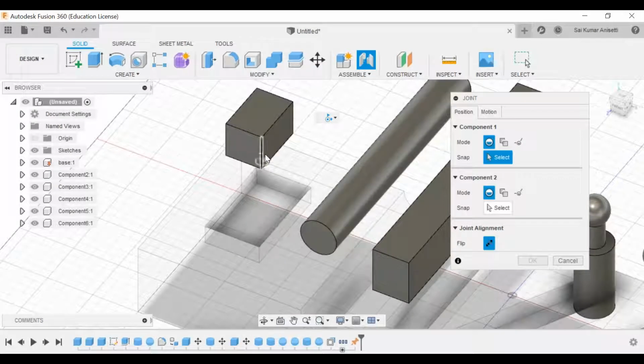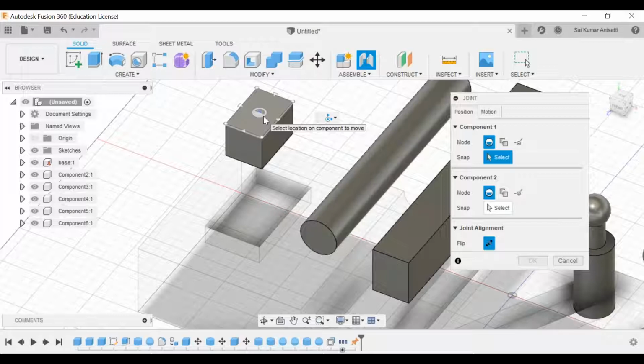this bottom face. Now, in order to select the bottom face of this particular component, I need to rotate my component, right? So, in order not to do that, the shortcut you need to follow is this: press and hold your left mouse button.